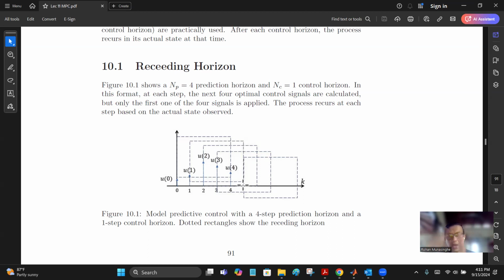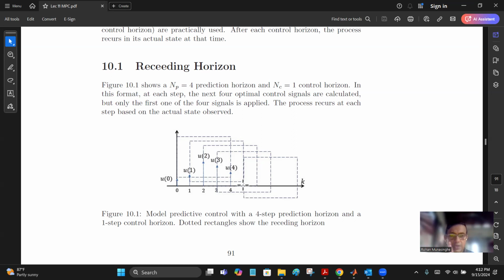So now you plan the discrete optimal controls for the next 4 steps and get yet another optimal control sequence. Out of that, you can execute maybe 1 or 2 or 3 or all 4 of them. Let's say in this illustration, we issue only 1, the first control signal in the optimal sequence, and then